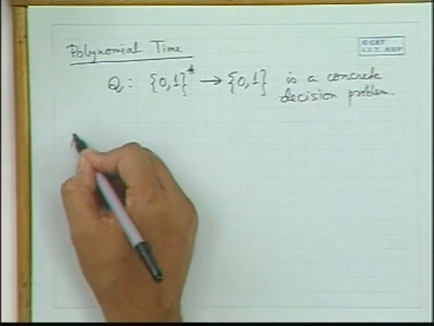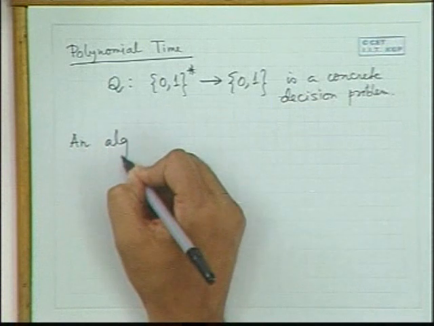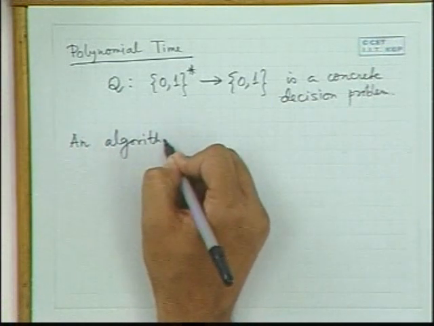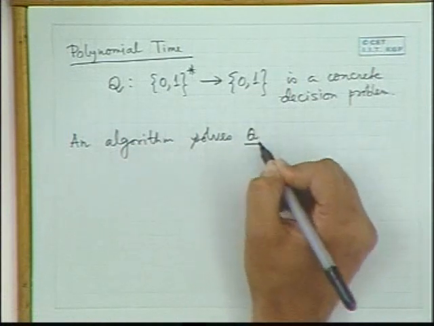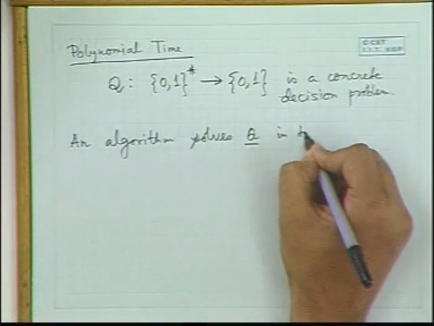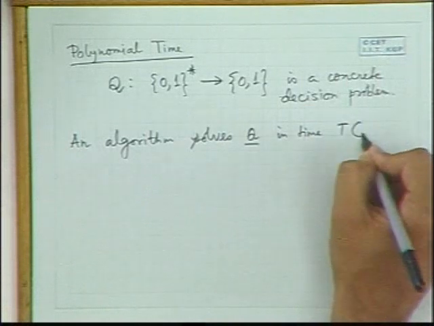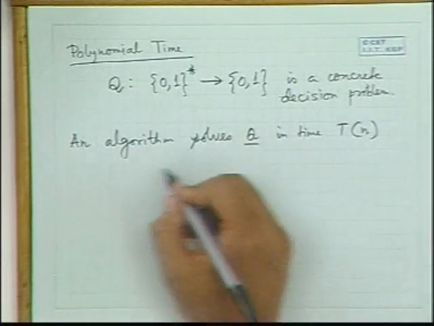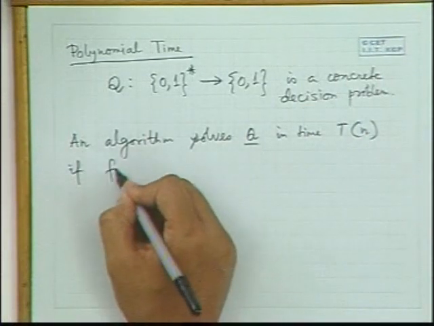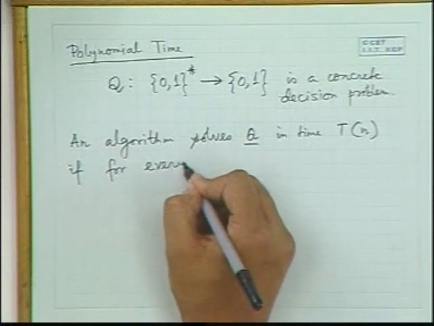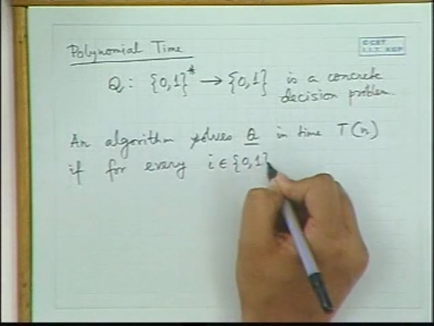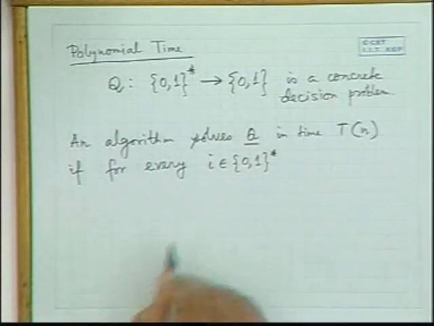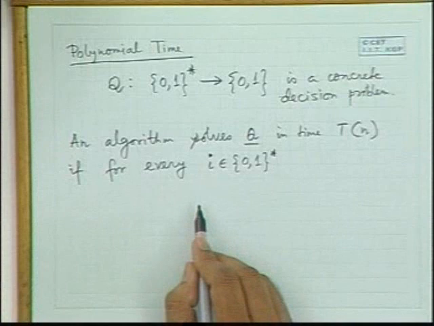Now we say an algorithm solves Q in time T(n) if for every I, which is an instance, a member of {0,1}*,